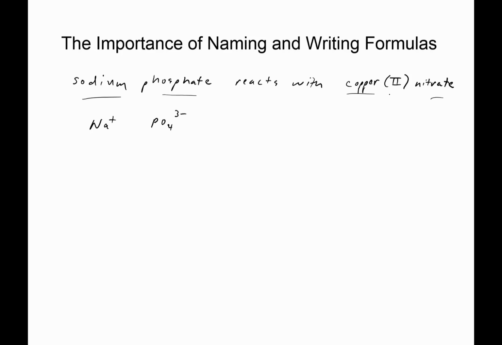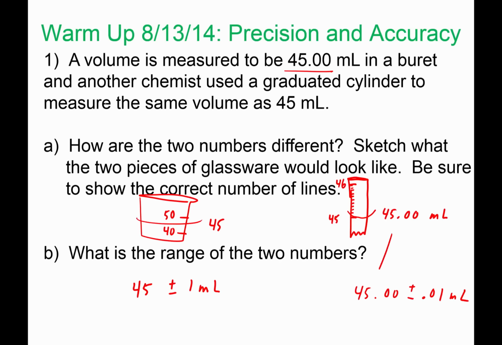PO4 3 minus, and then that 2 right there, which we'll be covering in this tutorial, means that your copper has a 2 plus charge, and then nitrate is NO3 minus 1. And then you crisscross your charges, and then you write your formulas. So this is reacting with, this would be aqueous, and it's reacting with this. Aqueous means dissolved. That 2 means you have 2 of these, and anytime you have more than one polyatomic, you need parentheses. The 2 will switch, so